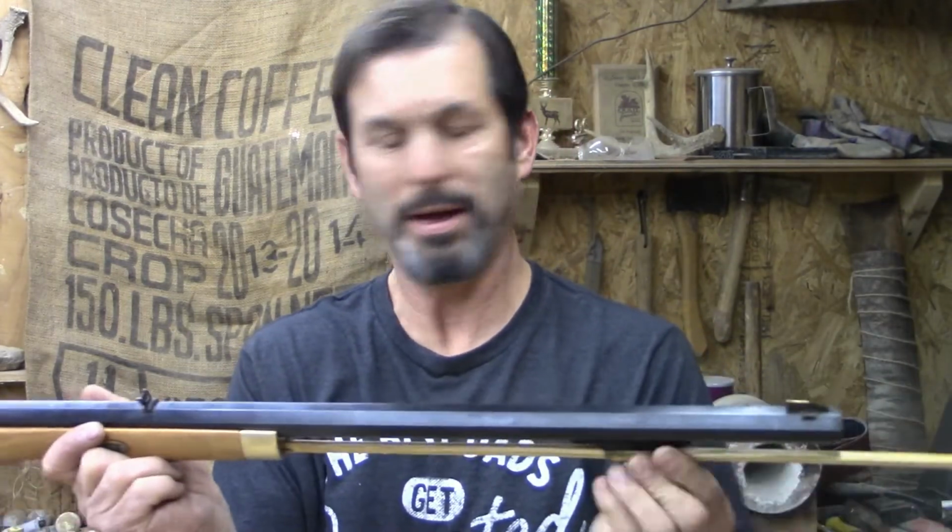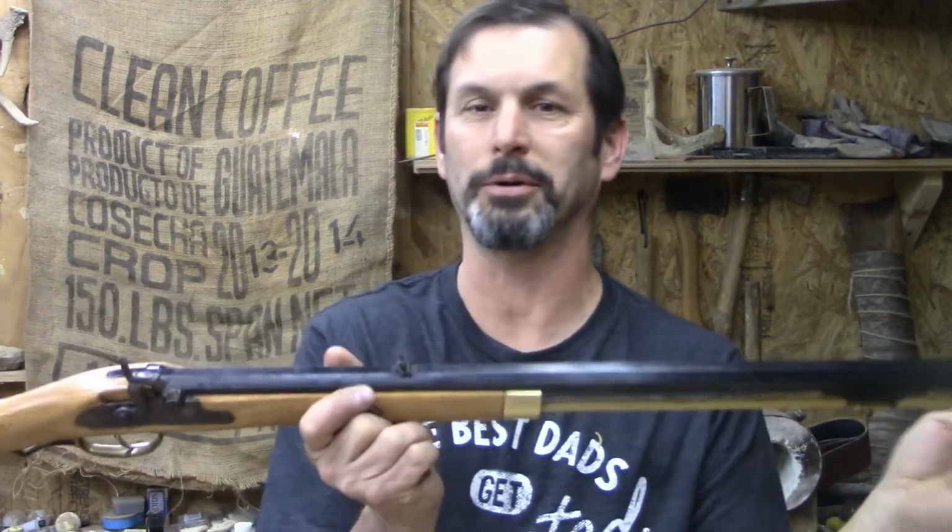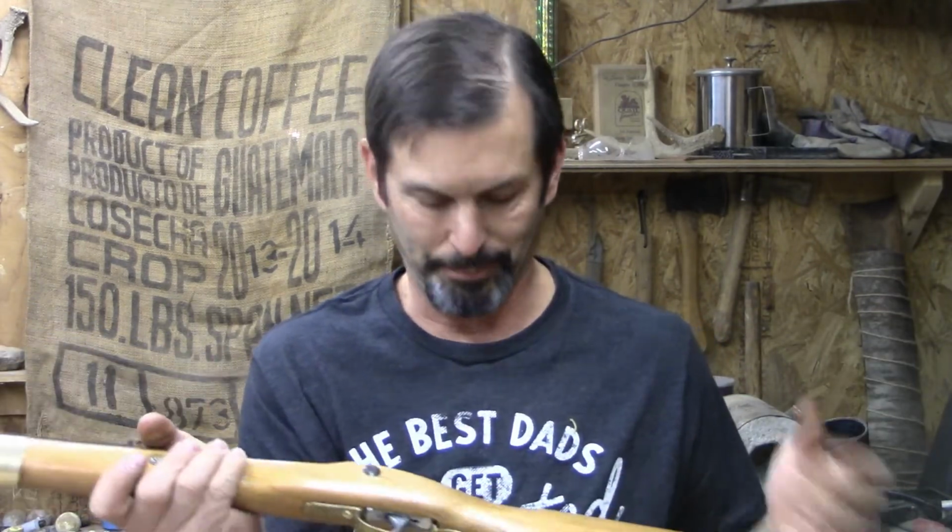So this project, 54 caliber muzzleloader, it's going to be getting used this year, probably 3 days from now. Season comes in, and I'm pretty excited. We'll be taking this out tomorrow and checking the sights on it, and we'll get some footage of that too. But this is one of the easier projects that I had. The other seven